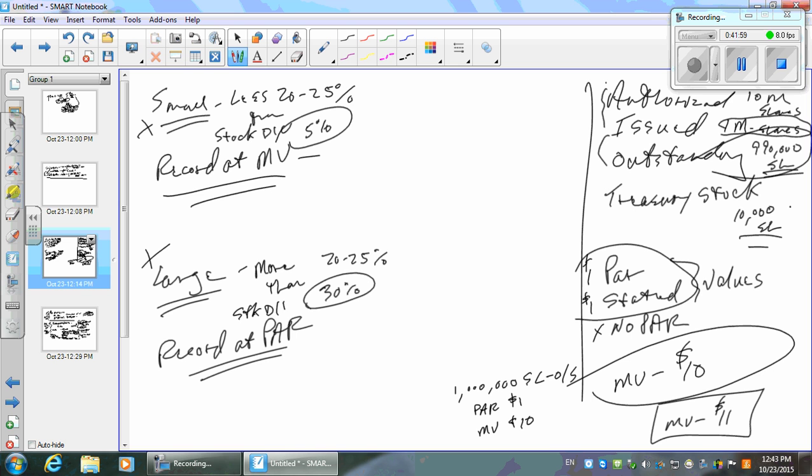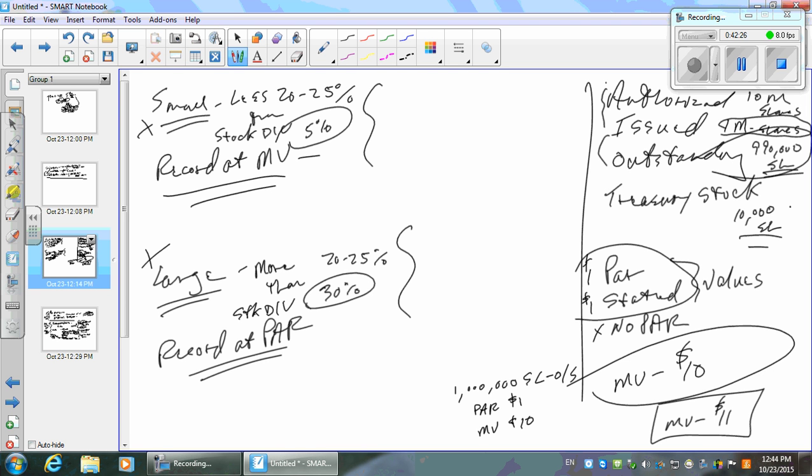This is going to be real easy. All you have to remember is that if it's small, we think the market price is not going to change, so therefore we record it at market price. I think even with a 5%, I bet it goes down. With 5% more shares out there, there are no more assets in the company, just as many liabilities as before. What do you bet the market value goes down? Yeah, they will. That's why I think it should be 1 or 2% or something for this to actually work.